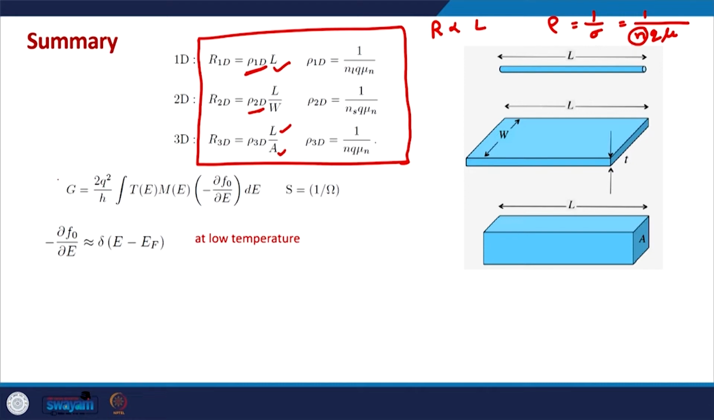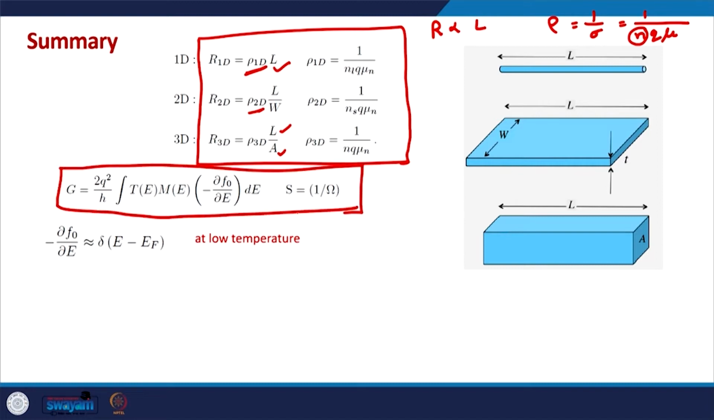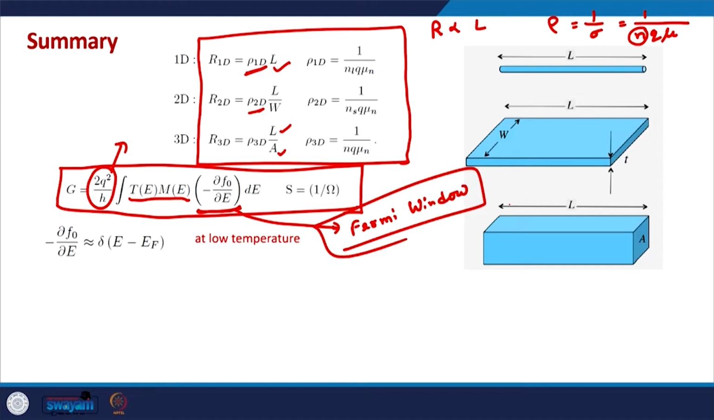In contrast to this, our discussion of conductivity starts with this expression, which we obtained from the general theory of transport, or the general model of transport. And in this expression we have this constant which is known as the quantum of conductance, and in the integral we have T(E) integrated over this function, which is also known as the Fermi window function. So, the Fermi window function is minus del f by del E,